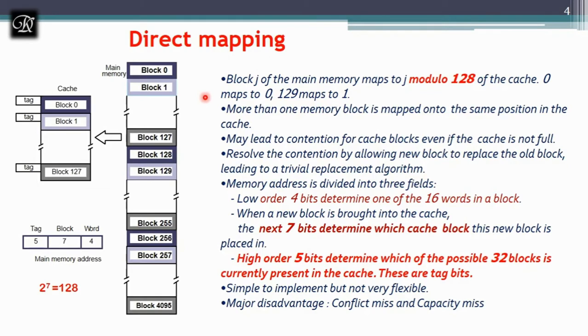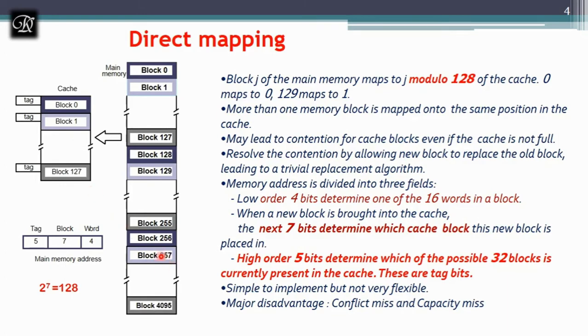We have heard a term called comparator, which is there in the logic design subject. There the job of the comparator is to compare the existing address with the addresses which are available in the cache. So this is going to have a smaller number of comparators compared to the other two techniques. The hardware required for direct mapping is less, but it also has major disadvantages.